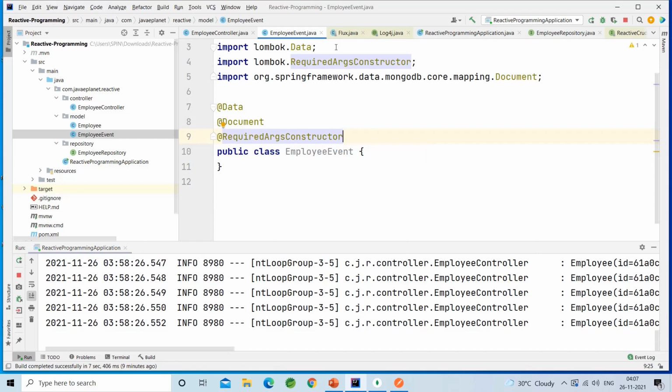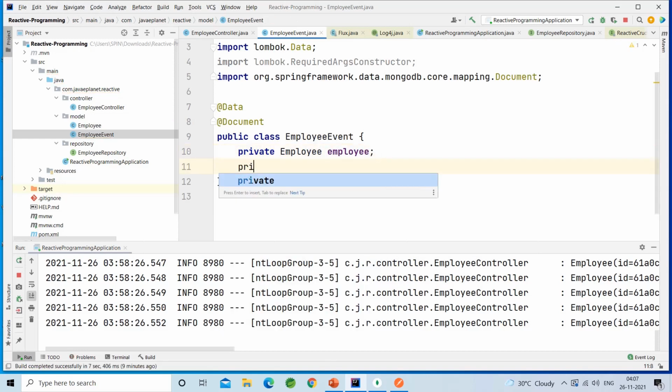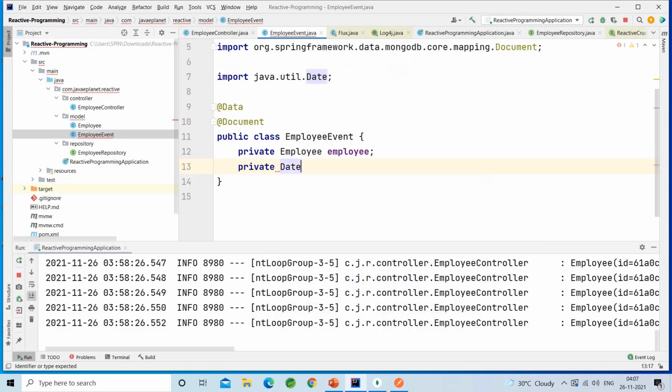Private Employee employee. Private Date, from java.util.Date.